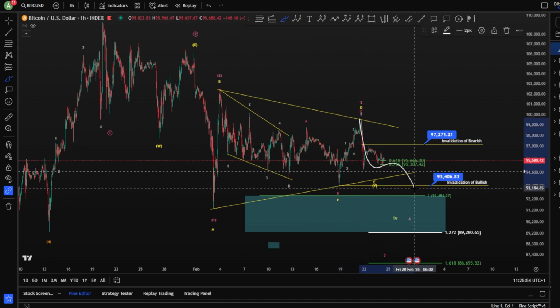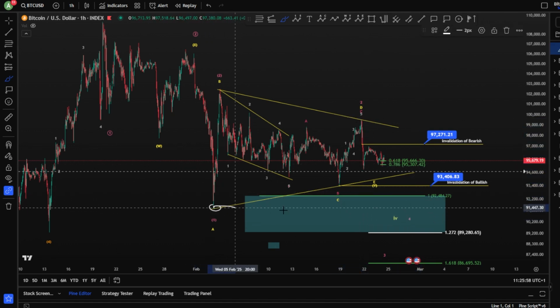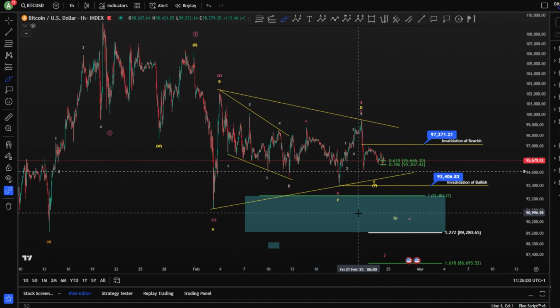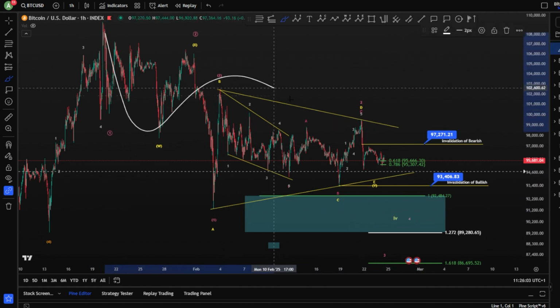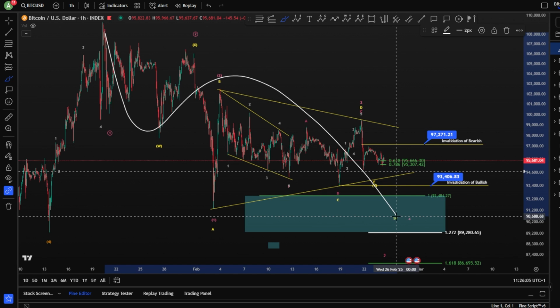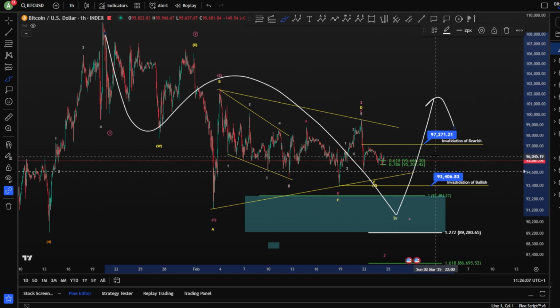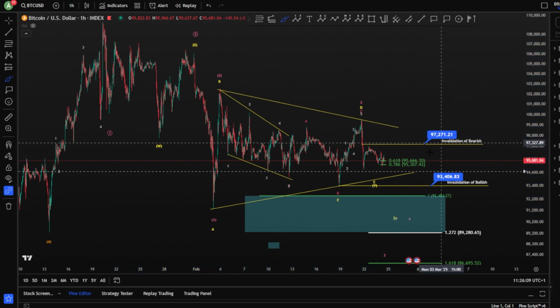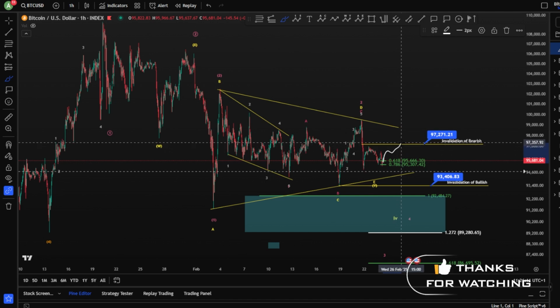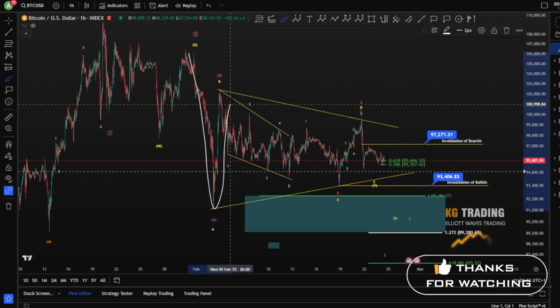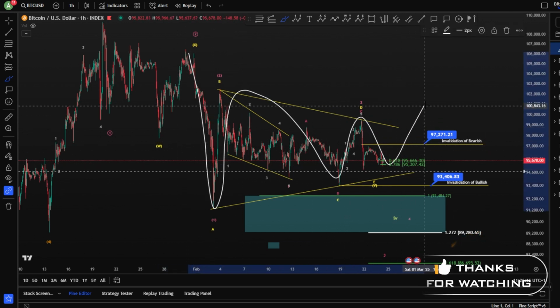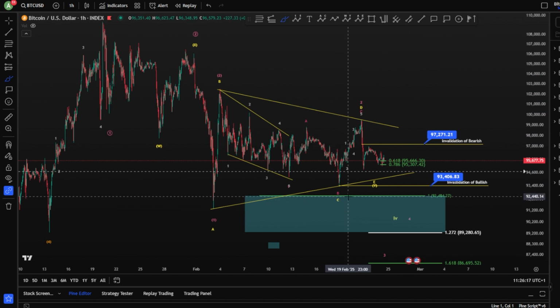If we take the 93K 400, therefore you have to expect to take the low here inside the blue box to create a new low, finishing this in 3 corrective waves finally, if it happens, and then moving towards the upside. Of course, moving for higher prices from here, meaning that you have finished A, B, C, D, E, and probably moving for higher prices.